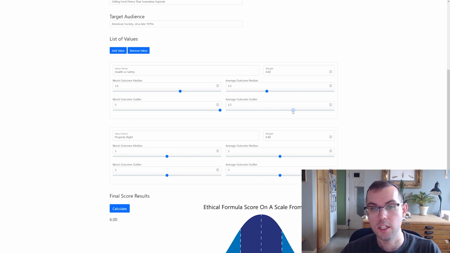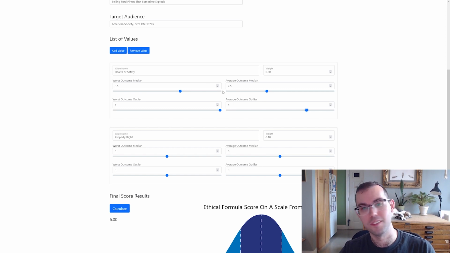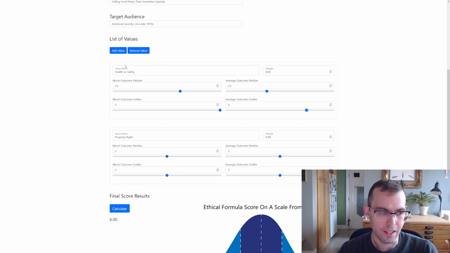Again, we'll say it explodes in a fiery ball of flame, but maybe the people in the crash are able to escape. Maybe it's not that bad, but it's still pretty bad. We'll give it a 4. It lights on fire, but hopefully after everyone has cleared to safety. But that's still really bad. That's violating our health and safety rights if your car lights on fire for reasons it should not.